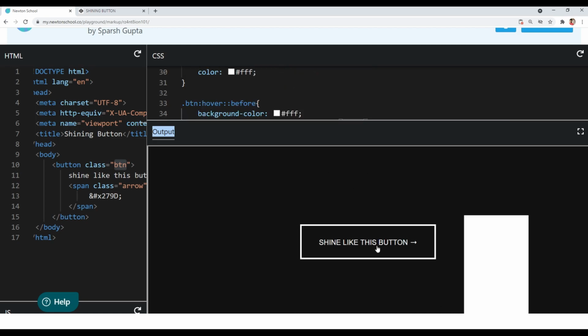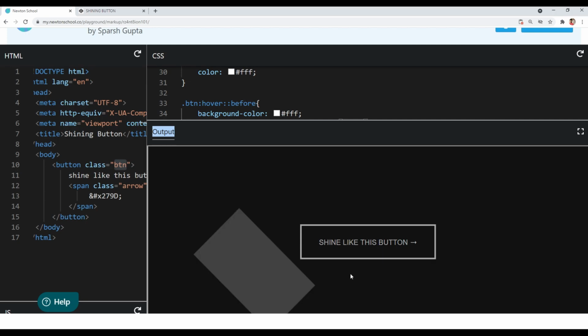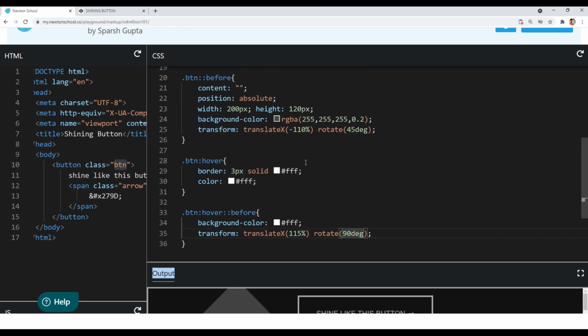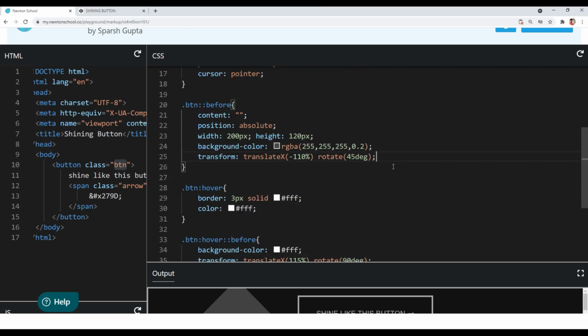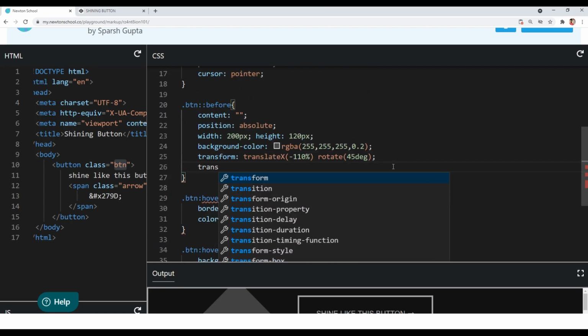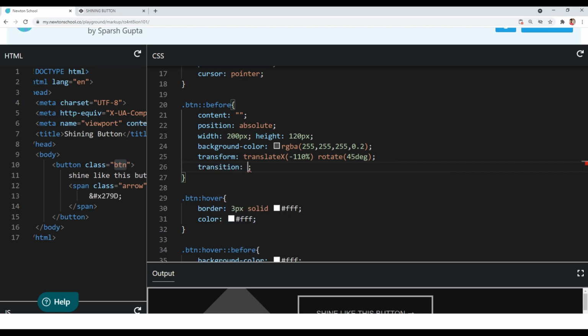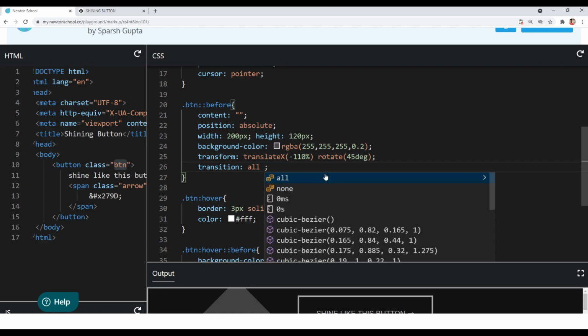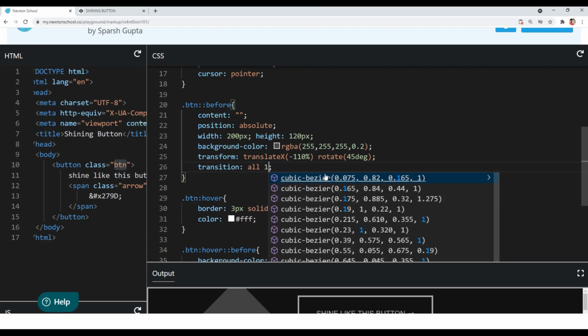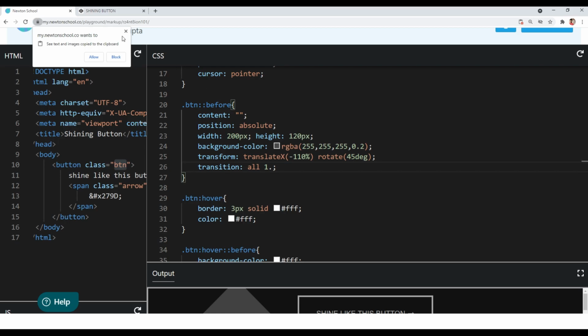Now you can see it is going from left to right, but it's a sudden effect. So for the smoothness we will use transition. So let's use transition on our before pseudo element. I will use a transition value, and for now, let's say for all properties I want the transition, and it should be of 1.2 seconds.